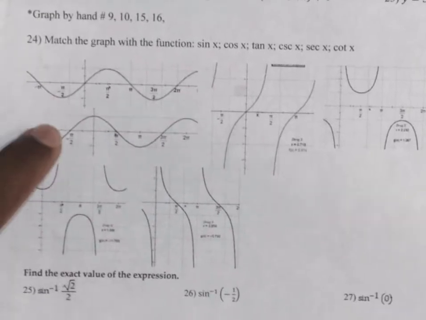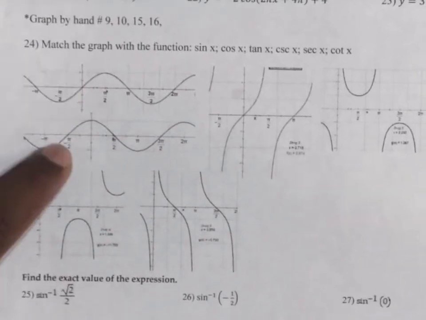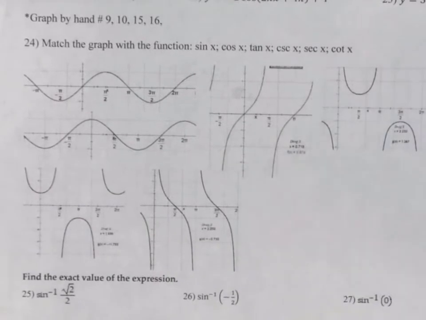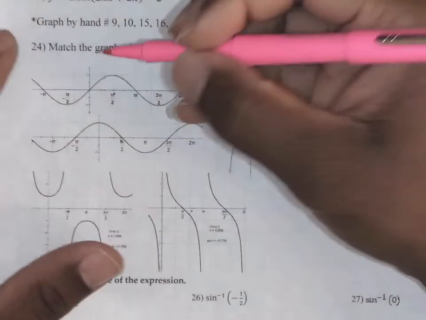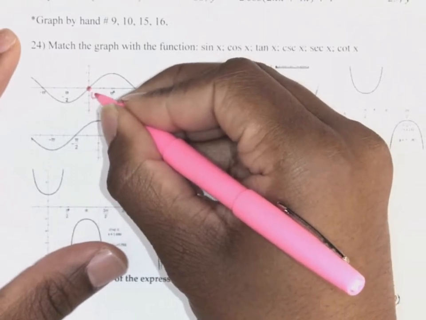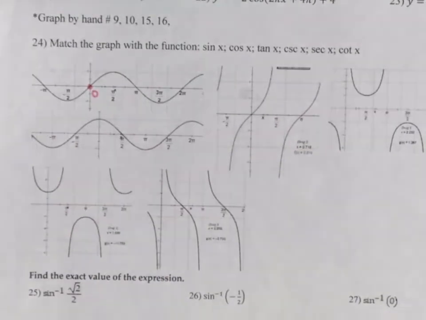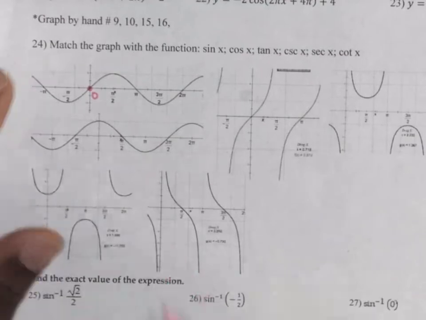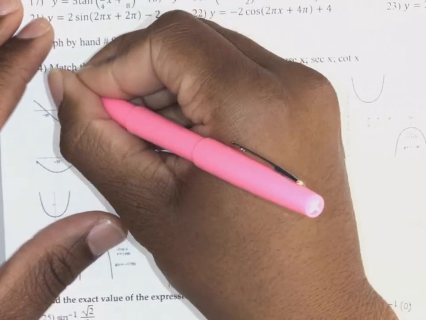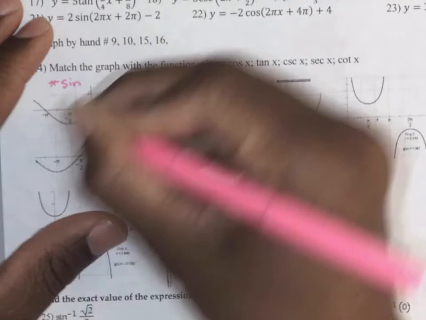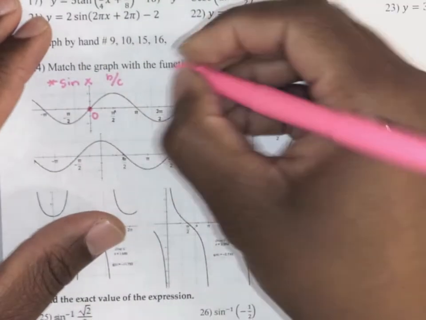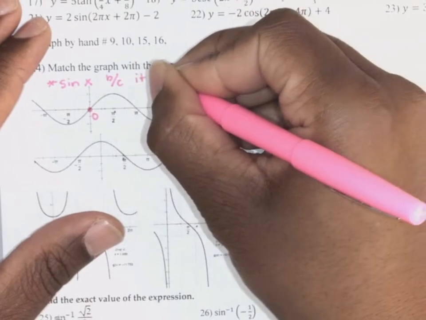We've been working with sine and cosine a lot. These two here should be sticking out at you as sine and cosine. They look very similar, except the way they start is the thing that differs. So if I look at this first one, right here is where I would focus, at 0 radians. It looks like this graph is going through the origin. So I would say this one is sine of x. And just to make a note of it, because it goes through the origin,